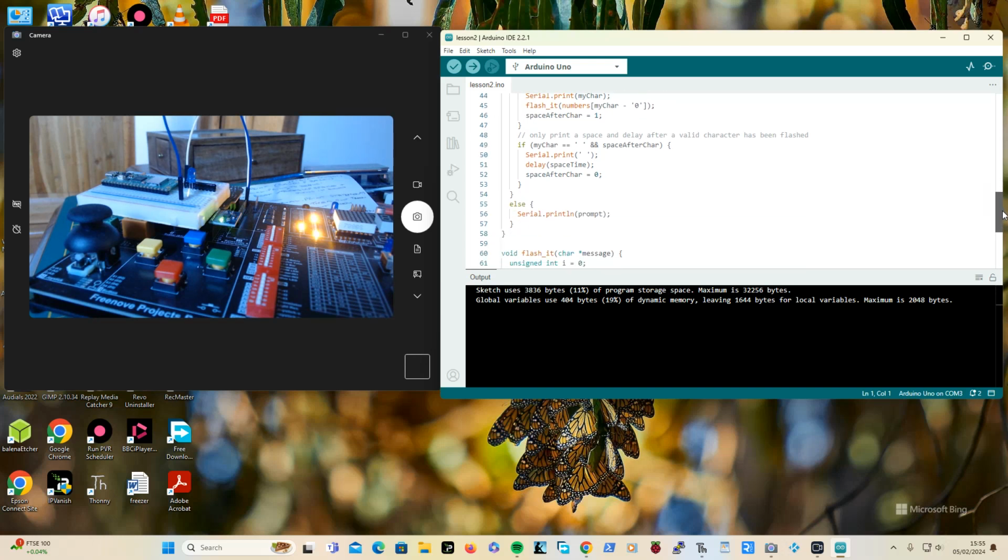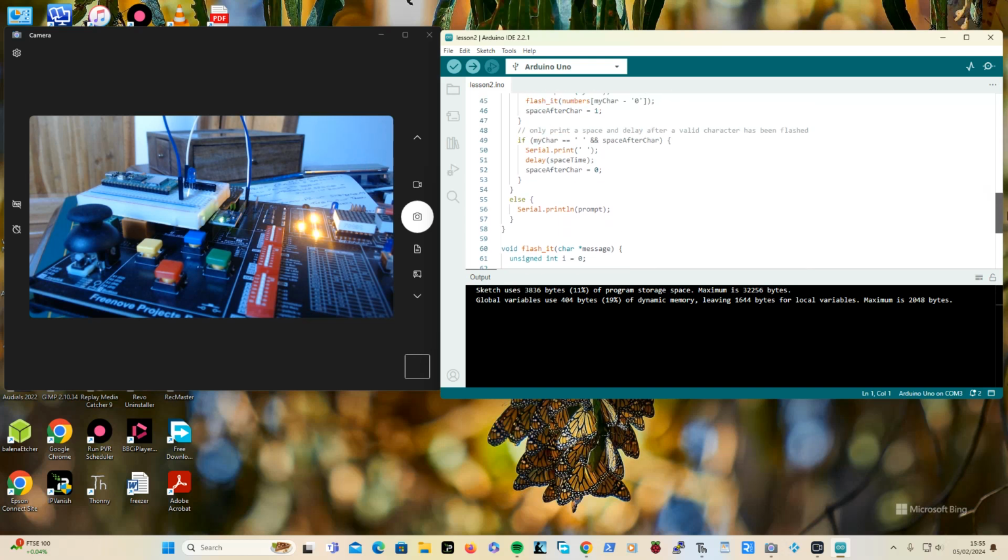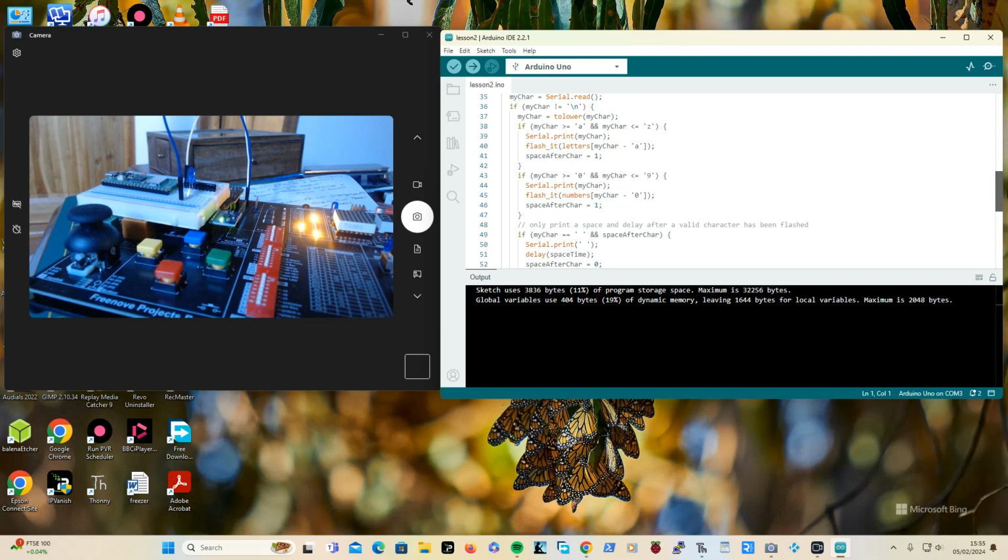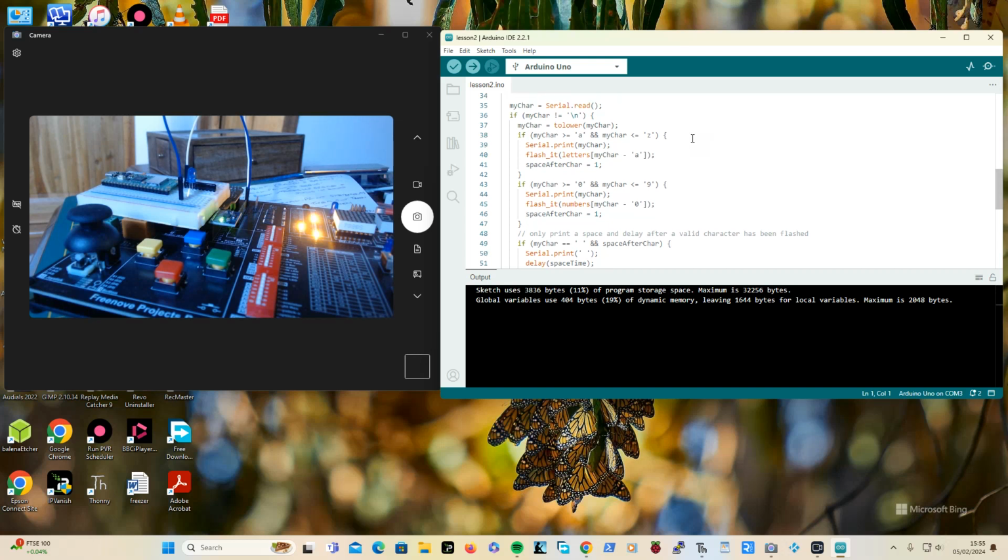Anything else to report? Not really. So when you get a character, as in a letter, for example, the first thing I do to anything of it, I convert it to lowercase, because all my values in the table are in lowercase, and then I just print out that character,